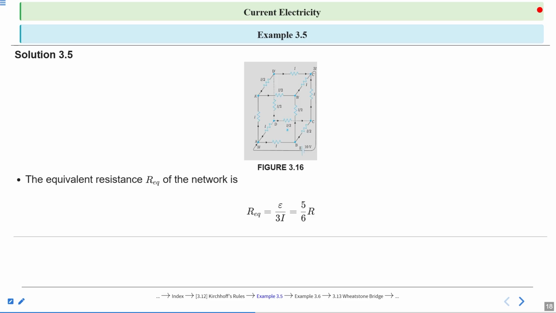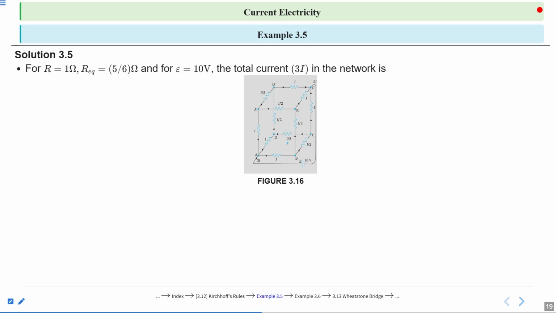So what is the total potential across the circuit? Epsilon. What is the total current flowing through the circuit? 3I, equal to 5 by 6 R. So the equivalent resistance of the circuit is 5/6 R. Now for R equal to 1 ohm, as given in the question, R equivalent is equal to 5/6 ohm, and for epsilon equal to 10 volt, the total current in the network is,